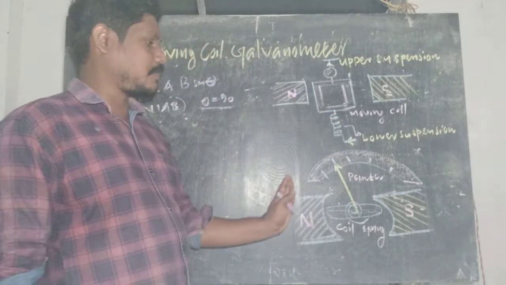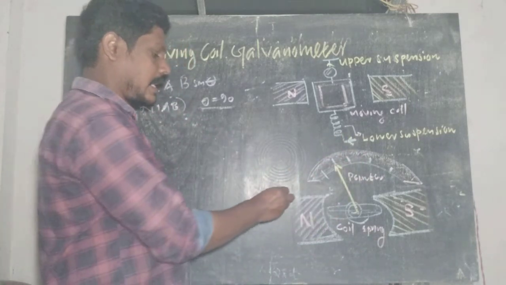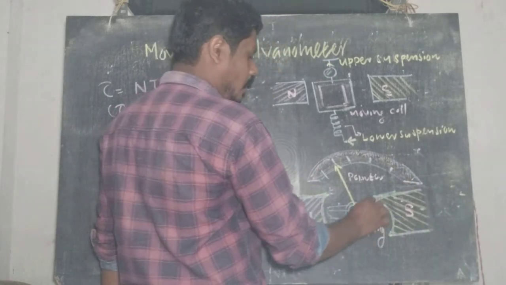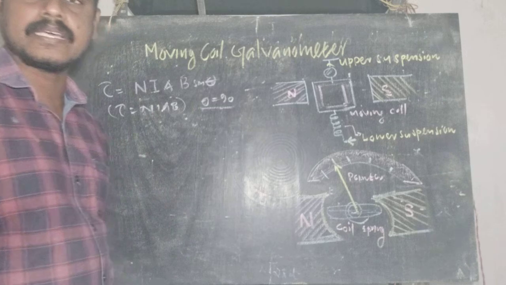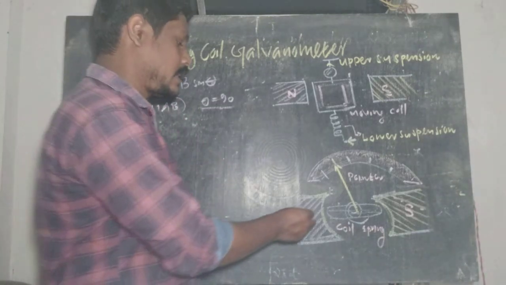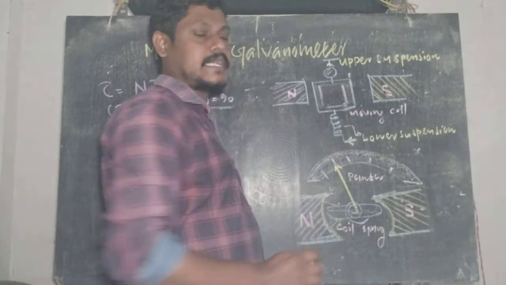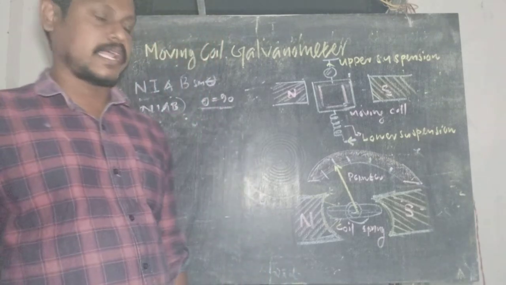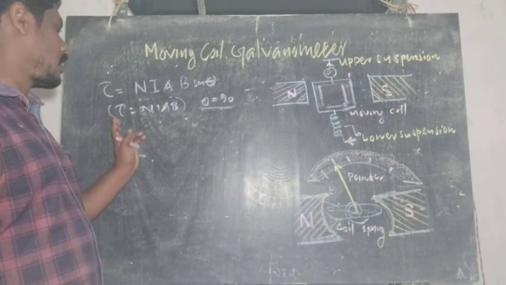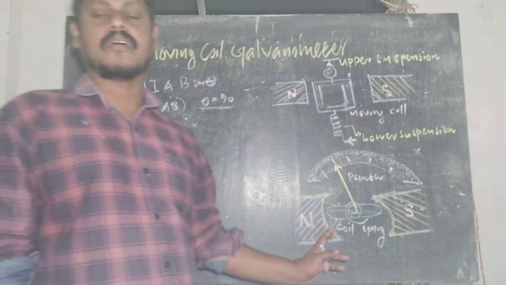Okay, and this is the practical circuit diagram of the laboratory galvanometer. Again, we have the field magnet, and the pole pieces are not flat. They are made in a curved, concave shape, because in such a situation, at any position of the coil, the magnetic field will be in a direction perpendicular to the current flowing through the coil. To make this condition, the torque is maximum when the angle between the direction of magnetic field and the plane of the coil is 90 degrees.